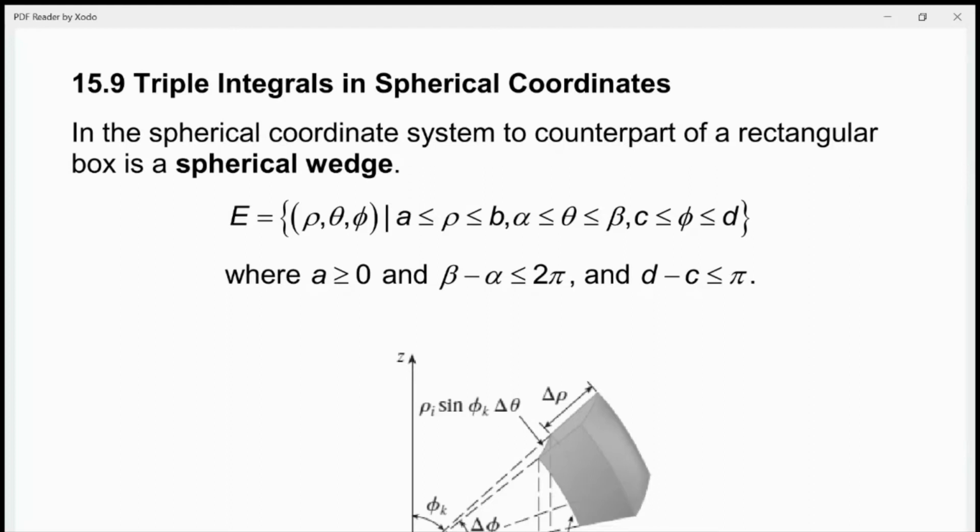This is multivariable calculus, and in this video I'm going to talk about section 15.9, triple integrals and spherical coordinates. So we've talked about triple integrals for the last couple of sections, and last time we talked about triple integrals in cylindrical coordinates and some of the advantages that sometimes show up when you want to work in a different coordinate system, and advantages of working in cylindrical coordinates where in a lot of cases when we had